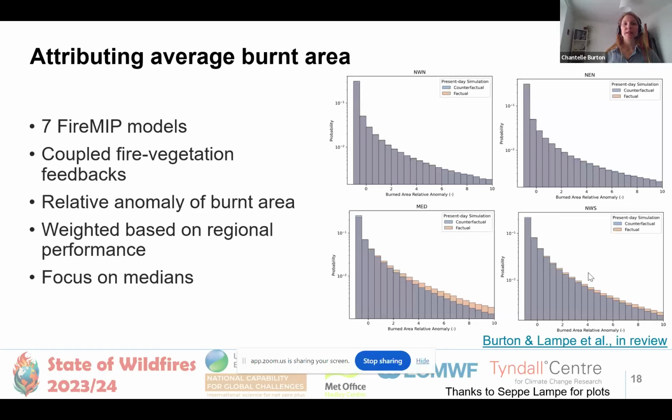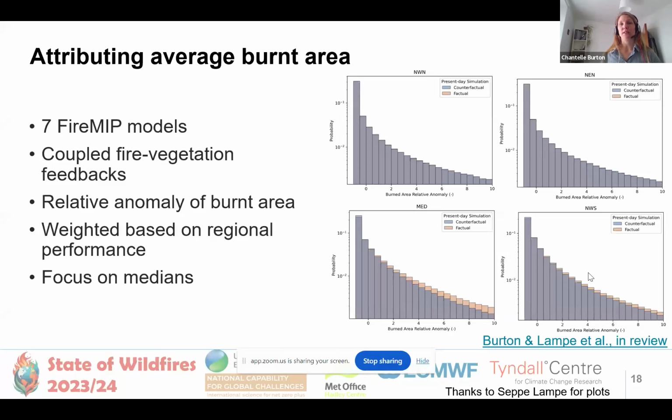And what we do here is we take a relative anomaly of burned area. We weigh the models across our ensemble of FireMIP models based on their regional performance against observations. And in this case, we're focusing on average burned area rather than the extremes. So on the right-hand side, we've got plots showing how burned area has changed as a result of the forcing in the factual versus the